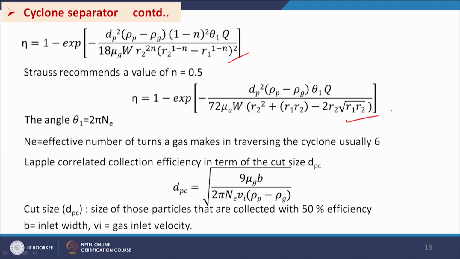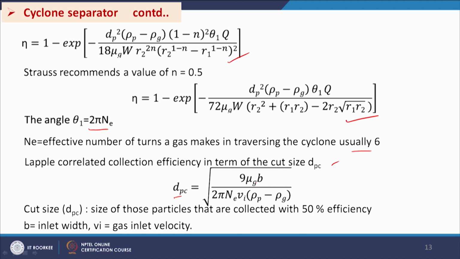For that some empirical relationships are available. If theta 1 is equal to 2 pi n e, where n e is the effective number of turns the gas makes in traversing the cyclone, usually it is 6 turns. Then theta 1 will be 2 pi into 6, so 12 pi. So the collection efficiency in terms of the cut diameter, which is mentioned as dpc,